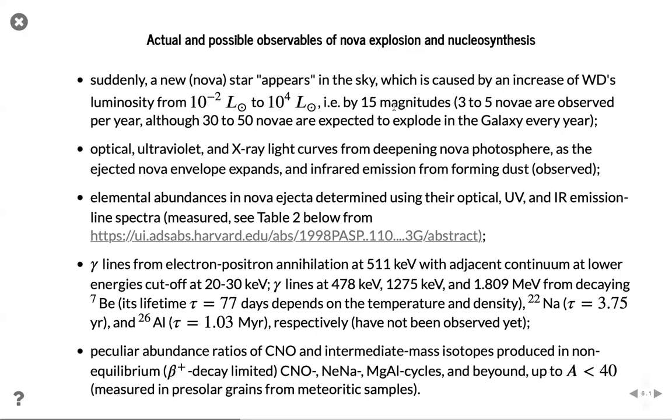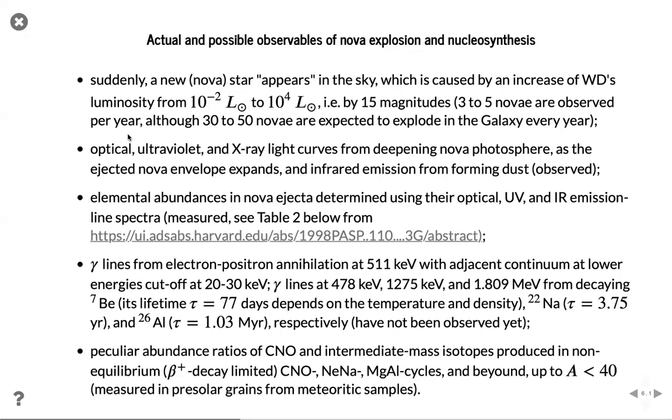If it was below the 6 magnitude, say minus 12, oh, sorry, minus 12, the 12th magnitude, then it will be increased by 15 magnitudes, it will be a minus 3, right? I don't know. Okay. So, and statistically, from observations, we know that about from 3 to 5 classical novae are